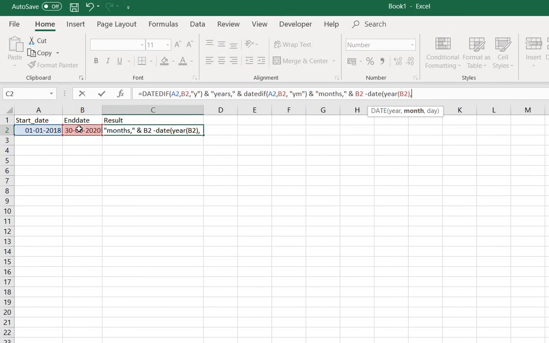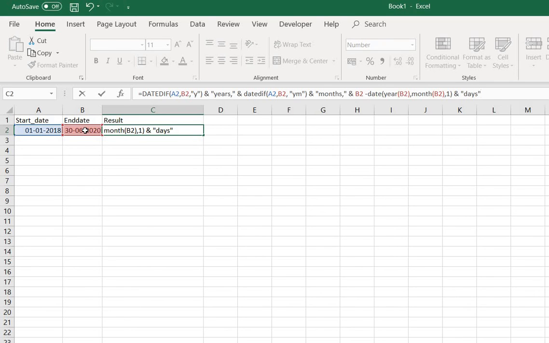You have to identify the month, because we need to subtract the year and month from this end date. So that's why I'm writing like this. Then you have to select the cell again here, close the bracket, and write 1 here, and that ends this formula. And now we can add this with the ampersand, and that's all about this formula.